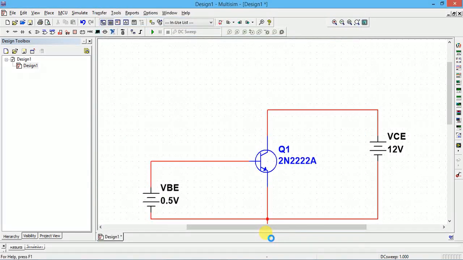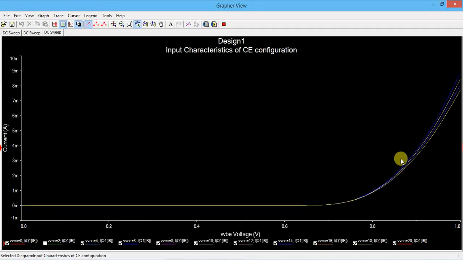Okay, directly run it. So we'll get waveforms. So that is the input characteristics. It is a graph of input voltage versus input current at constant output voltage. So after this, see here, now we got fewer values only.